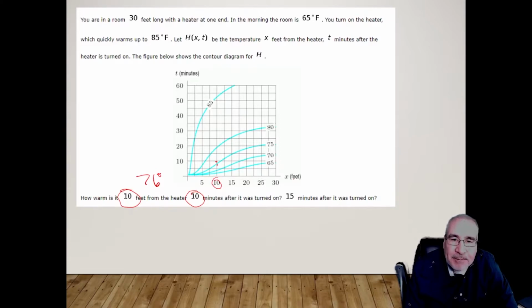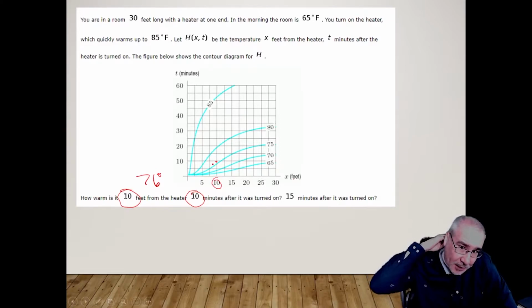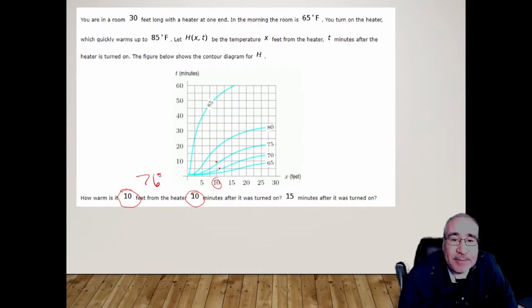Now you could try to be a little bit more accurate, I guess. This is 5, 6, 7, it could be 8. So I'm going to call that 8 feet. Let's see how accurate we can get. So at 8 feet away, we're 75 degrees. And then at, what is this? This is going to be about 18 feet. We're going to be 80 degrees. So it's a 5 degree difference, 10 degree,